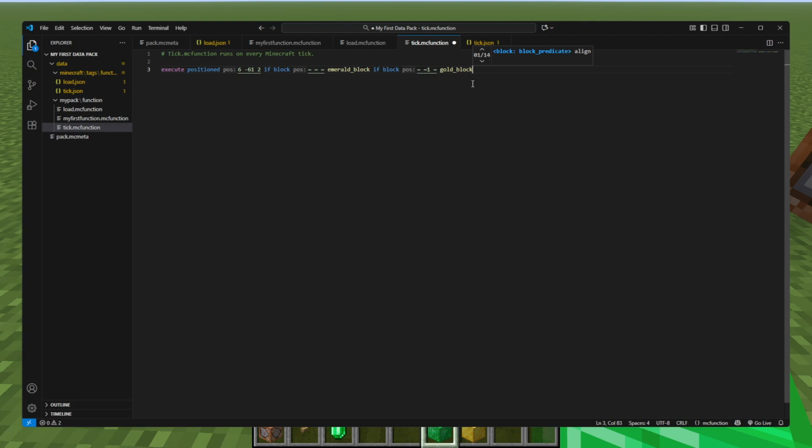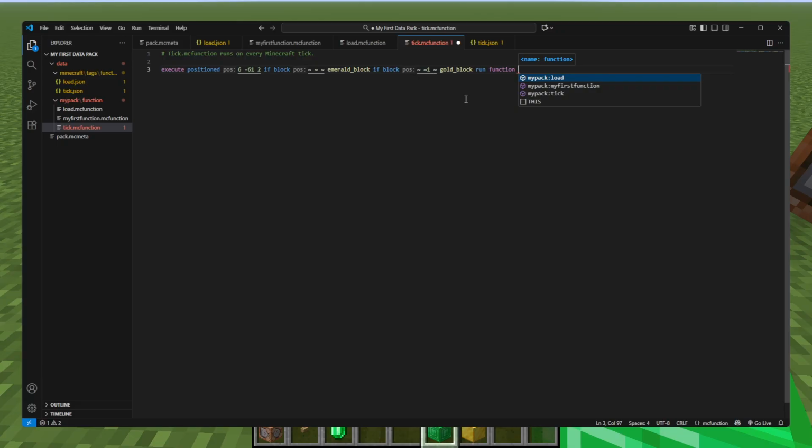So notice how when we were typing block names, it automatically figures out what you want. Sometimes it'll give you the option of doing minecraft:gold_block, stuff like that, but most of the time it'll automatically tell you exactly what you need. In this situation, I would recommend using whatever the extension gives you, because it would technically be correct. So execute positioned at that location. We're checking if that block is an emerald block, as well as if the block 1 above is gold block, we can run